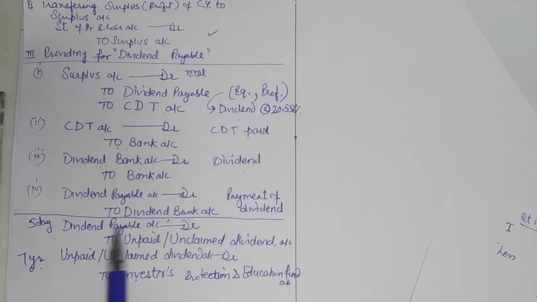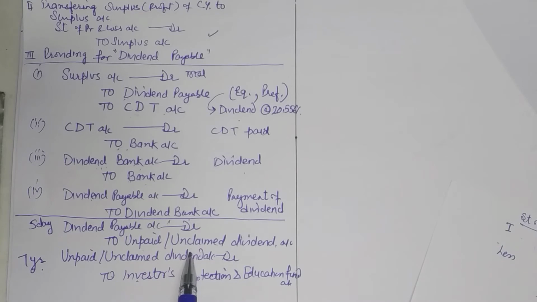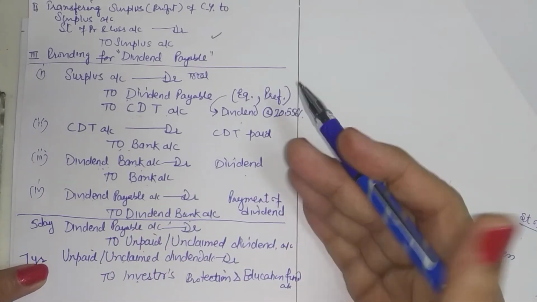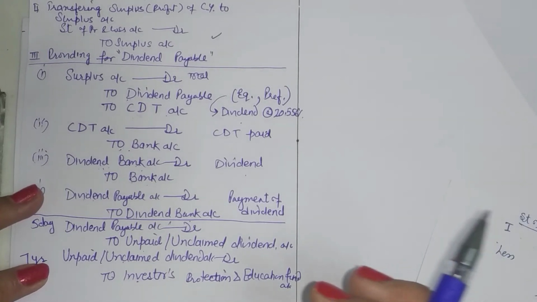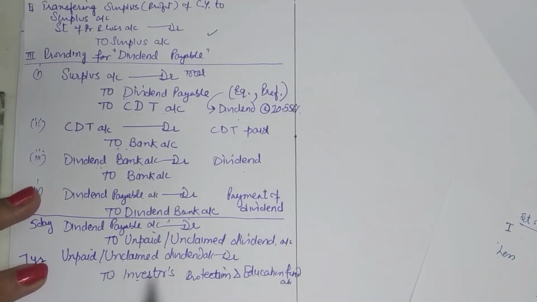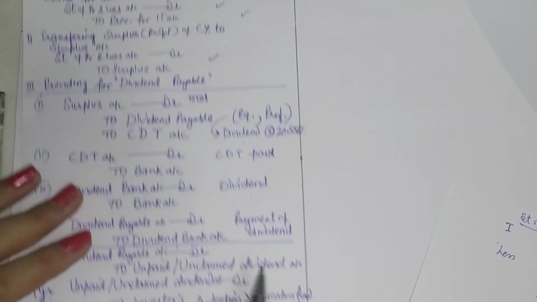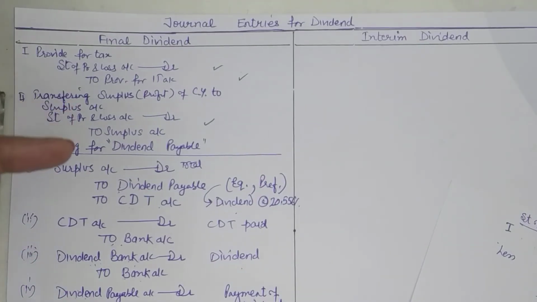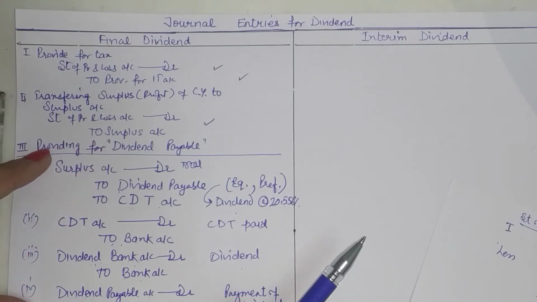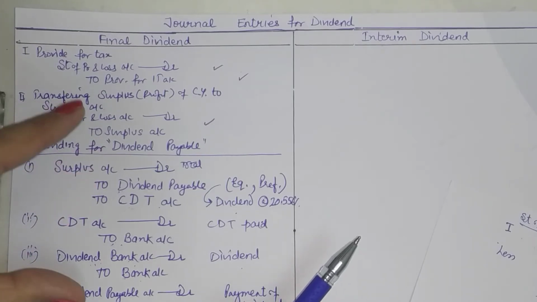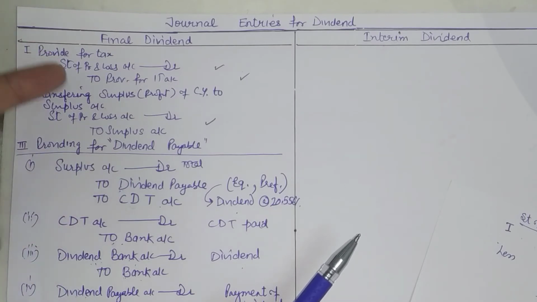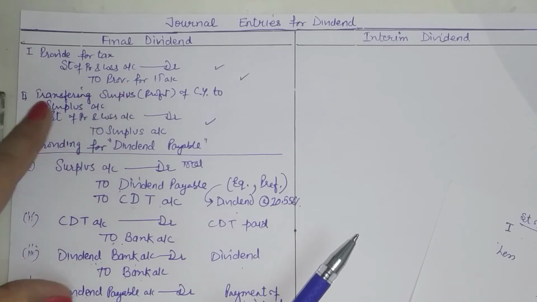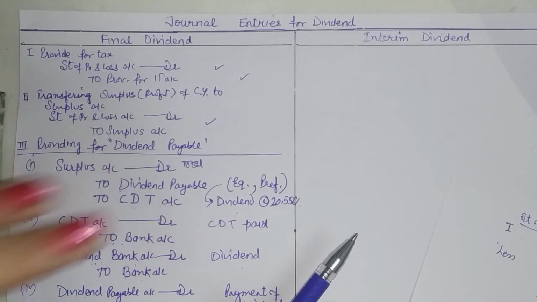So this balance is then shifted to unpaid or unclaimed dividend account. From there, it will lie there for 7 years to come. But if within 7 years the person doesn't come, then after 7 years it must be paid in the Investors Education and Protection Fund. There is only one requirement here before you account for dividend, and the requirement is that you can pay dividend after providing for taxes. So this dividend working will start after providing for taxes and transferring the balance into surplus account.